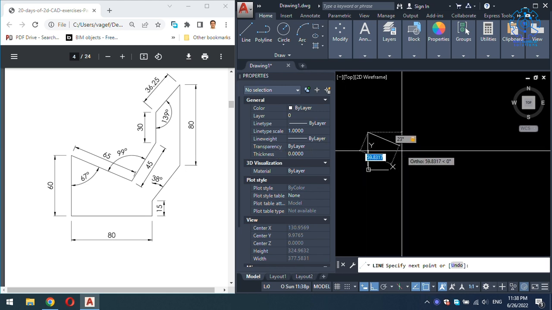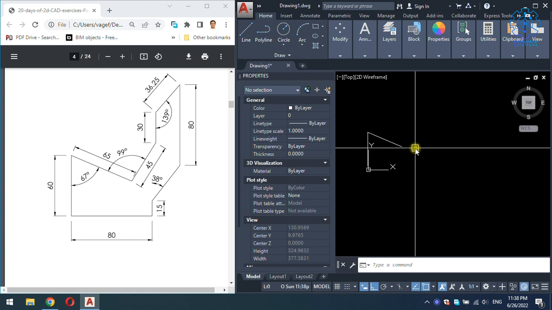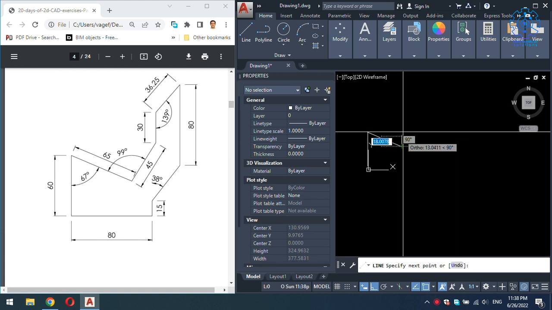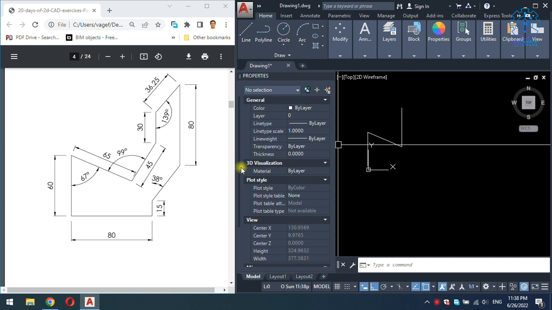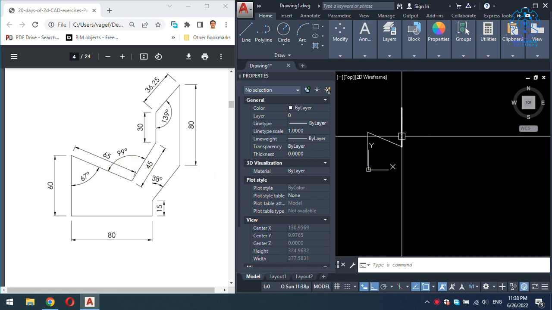And the length is 65. Enter. Now I draw a line, and this angle is 99 degrees, so here is